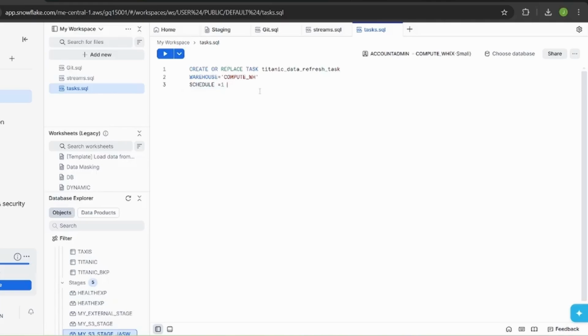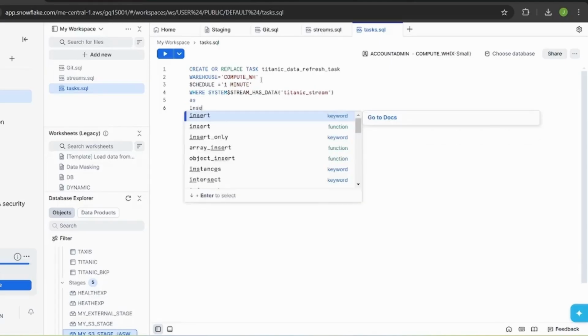As of now, I just want 1 minute. Similarly, I will mention a filter where SYSTEM$STREAM_HAS_DATA, this is a Snowflake provided function. It's self-explanatory. I will mention my stream name, Titanic_stream, and it will ensure that the task only runs when data exists inside it.